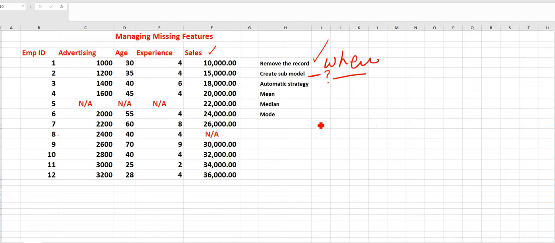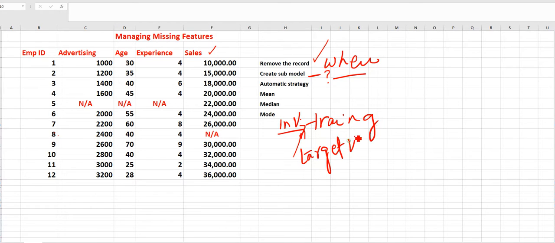What do we usually do in a submodel? Usually we train the model, right? How do we train the model? We supply input and output, meaning we supply the independent variables, or non-target attributes, and the target variable, or dependent variable. On the basis of this, the system will generate the output.